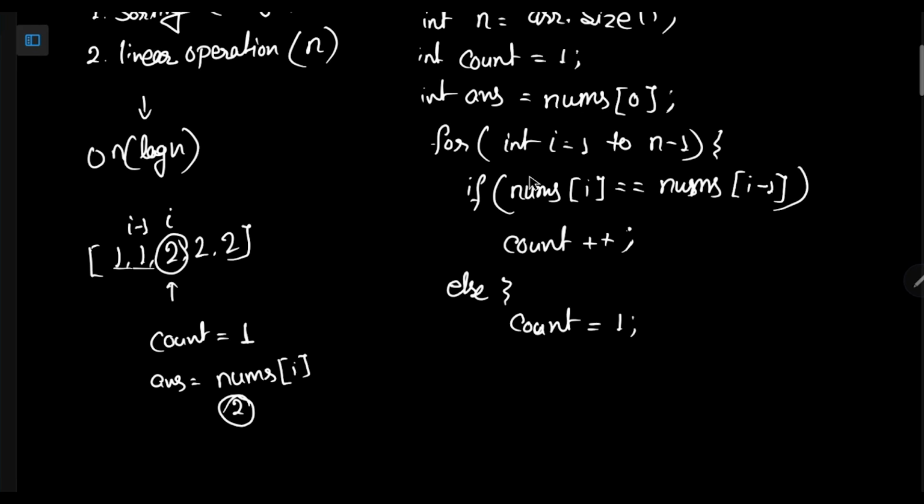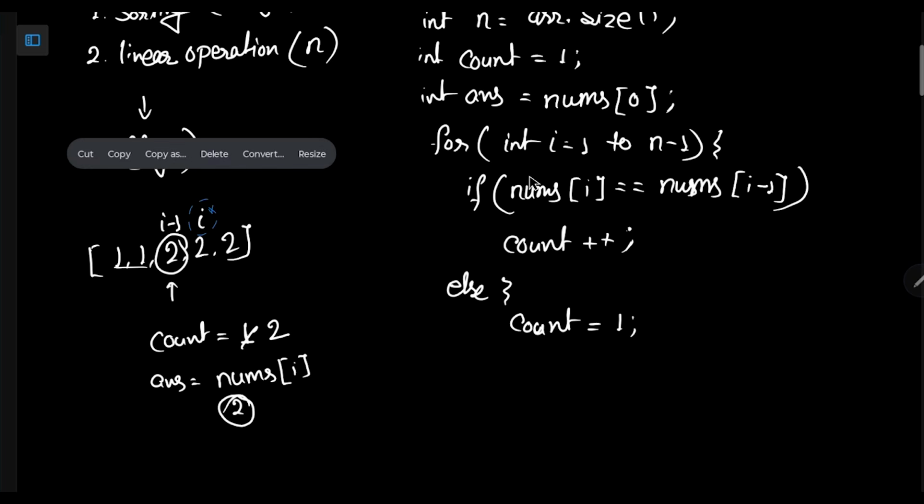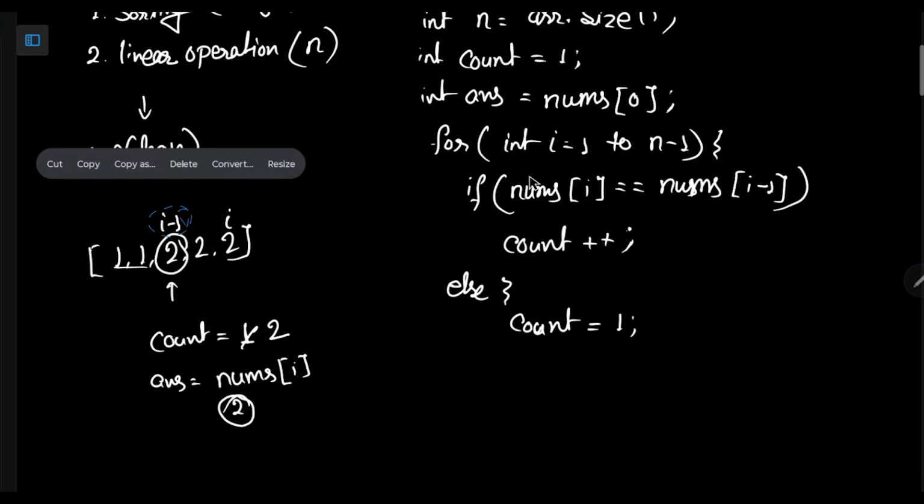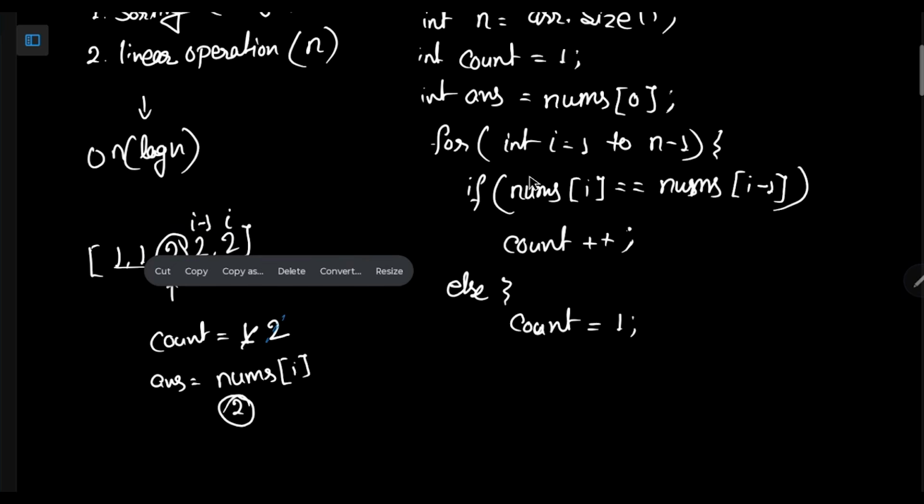Then i will shift here and i minus 1 will shift here. This is again true, so count will be 2, and after this i will be here and i minus 1 will be here. This is true, so count will be 3, and then after completing this